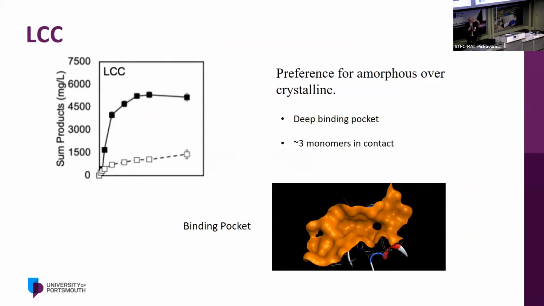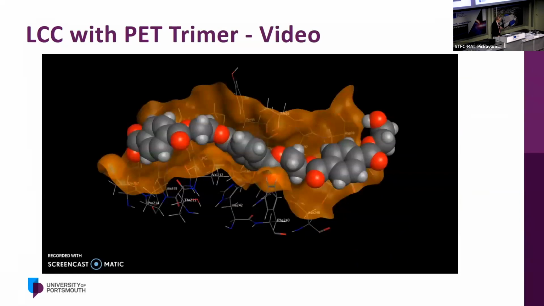And we see something very different here. This enzyme breaks down amorphous material really quickly, but crystalline material very slowly. In fact, a lot of people said, well, you won't get the enzymes to work. They work on amorphous material, but they don't work on crystalline material. Let's have a quick look